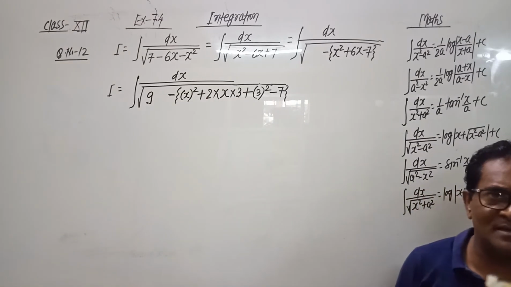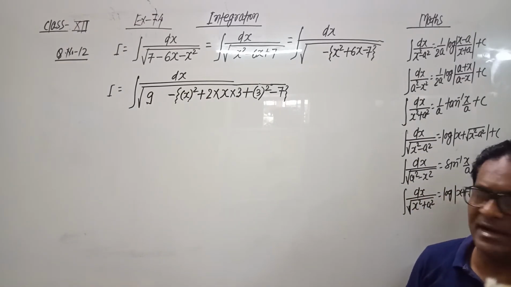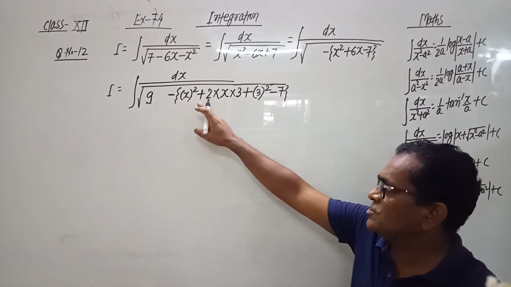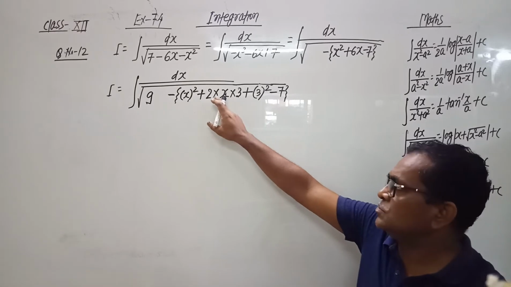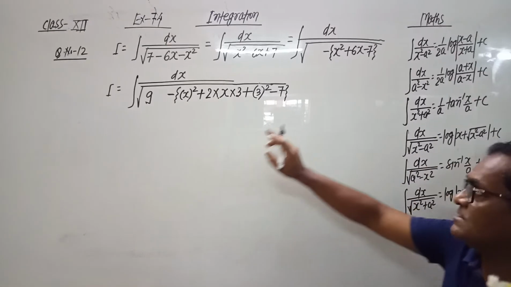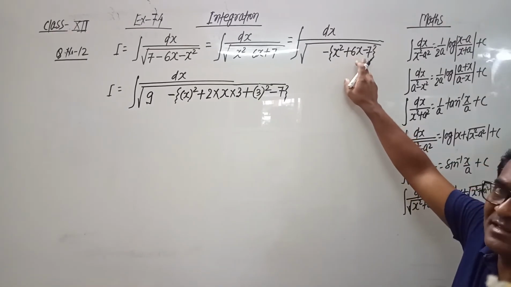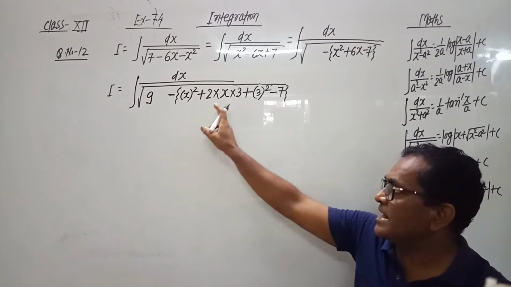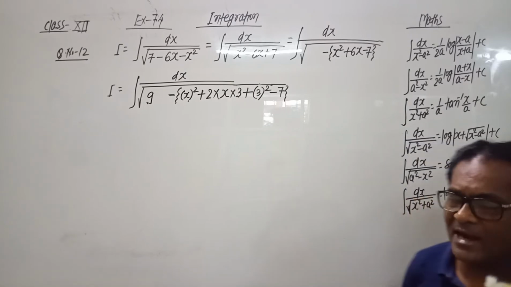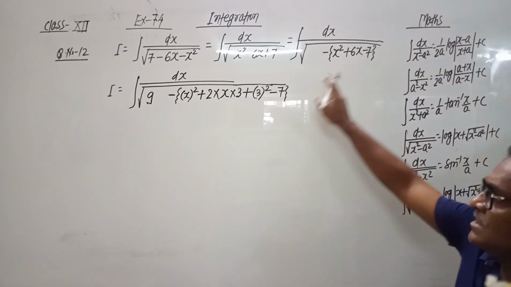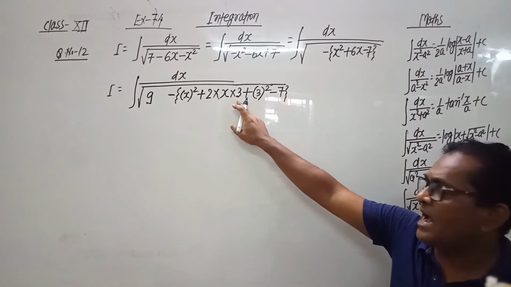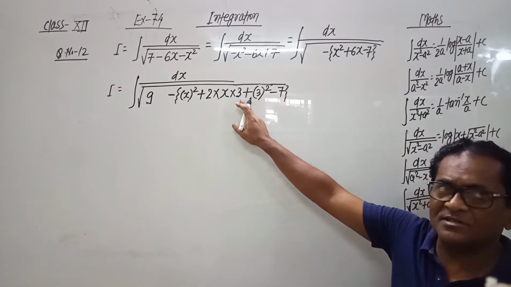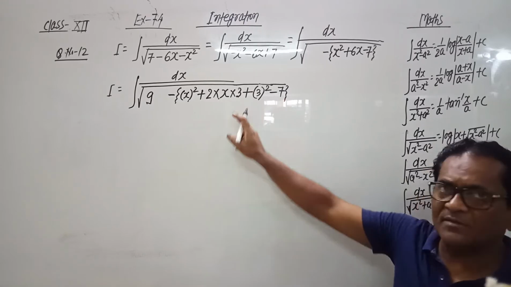After a square, the term 2 into a into b comes. So 2 comes from the formula, and the value of a which we have chosen is x. So 2 into x becomes 2x. Now we have to get 6x. So how will 6x come? Already we are getting 2x, so 2x multiplied by 3 gives 6x. So we multiplied by 3, and we get the value of b. What we have written here is the value of b.